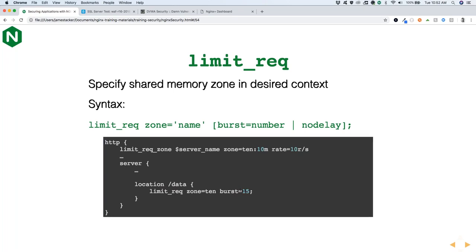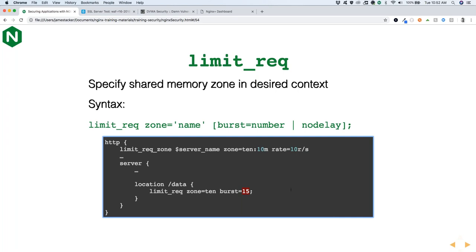The reason why we have a burst parameter, I get this question a lot. First they ask, what is the burst parameter? Well, the answer is it's a queue that you can define for additional requests once the rate limit's already been exceeded. A lot of people ask, why not just make your request rate 15? Why do we need to queue an additional 15? And the answer is sometimes there's a delay. Imagine concurrency, and there are multiple clients trying to hit your site, rather than have the 11th request